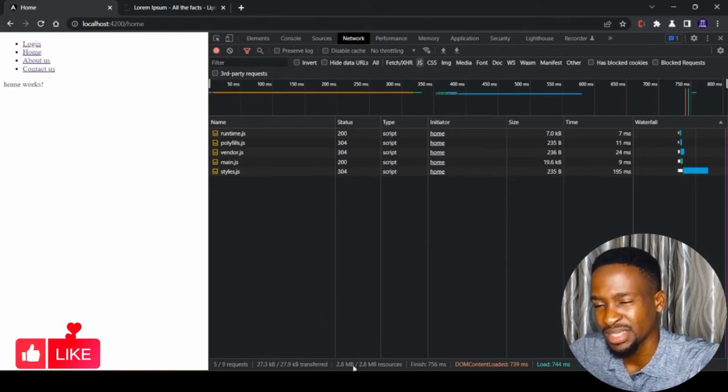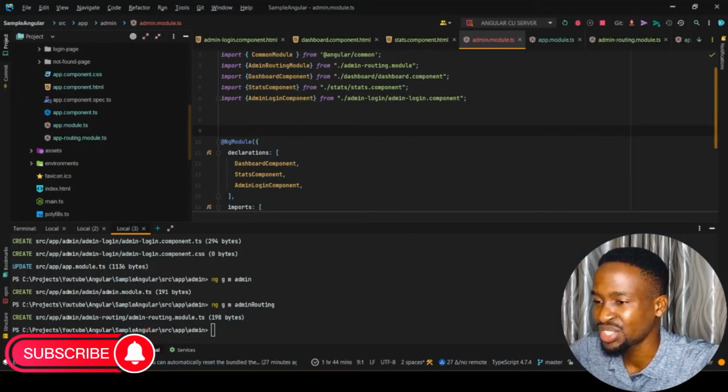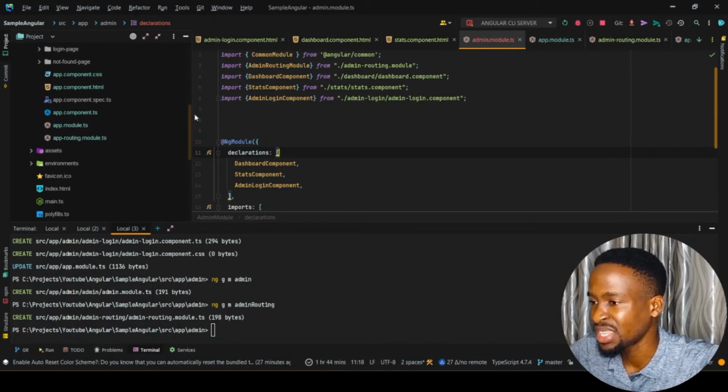I think it was about 10 megabytes thereabouts before. So now that we have actually refactored this, what we need to do now is to come back to our